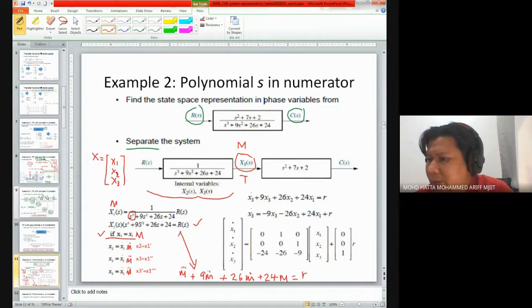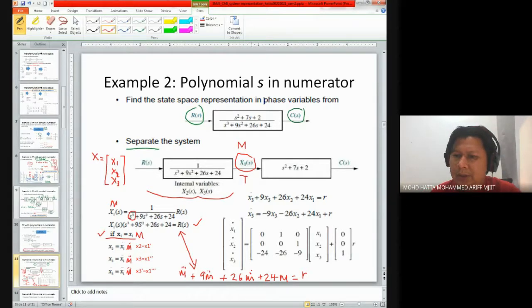Okay, based on what we have, if we look at the original solution, maybe you find that x2 is equal to x1 dot, x3 is x1 double dot, x3 dot is x1 triple dot. Whichever you prefer, but I think to avoid confusion, maybe we can change the notation of our output of